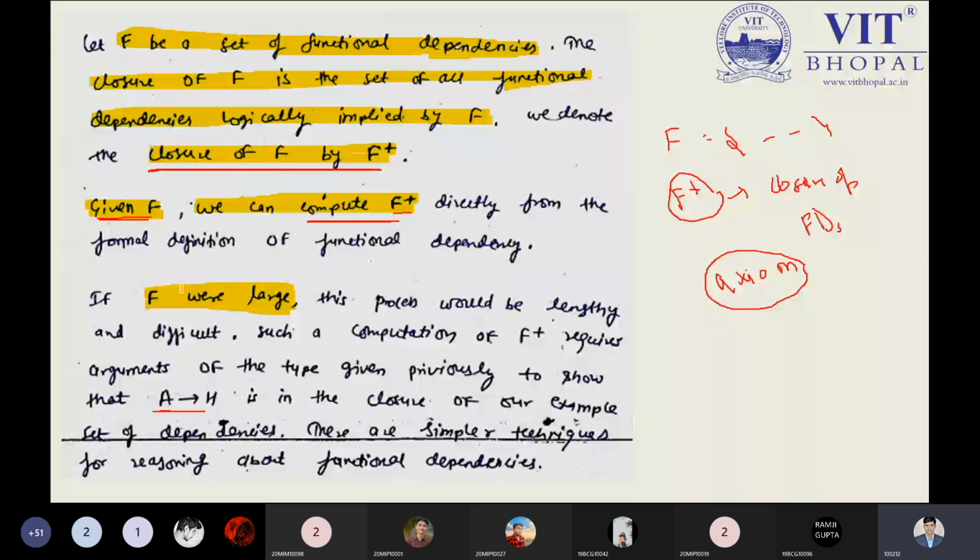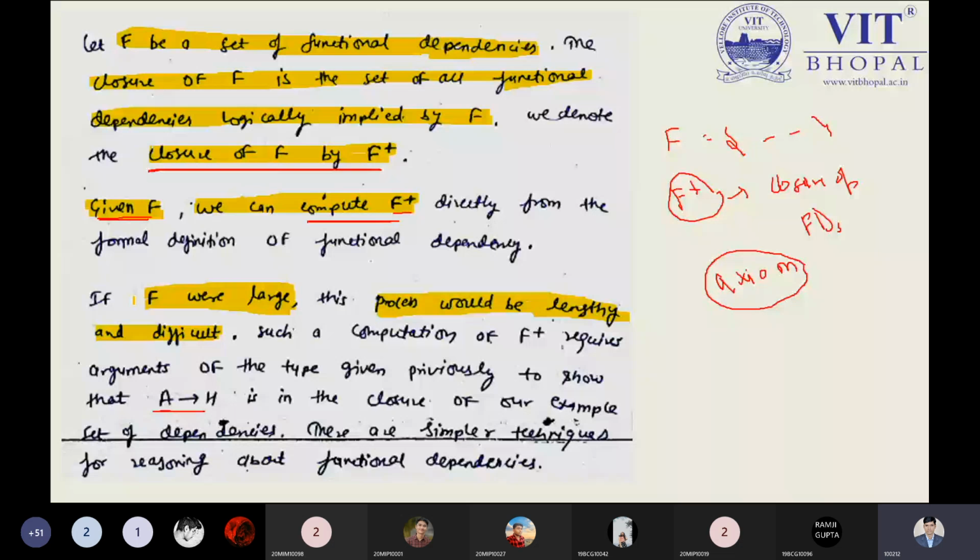This process would be lengthy and difficult, because once you miss steps, your answer may be disturbed. So it is a better idea to choose a minimum number of functional dependencies, but it is not in our hands. It is given in the question, so based on the question, we have to solve. In the examination, I would like to use only 5 to 6 functional dependencies at most, because too much time is required to solve the problem.